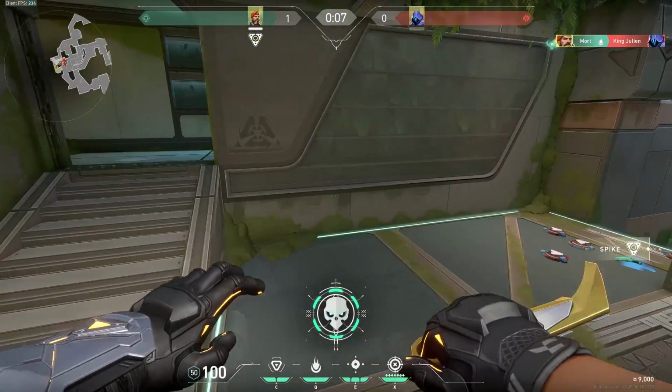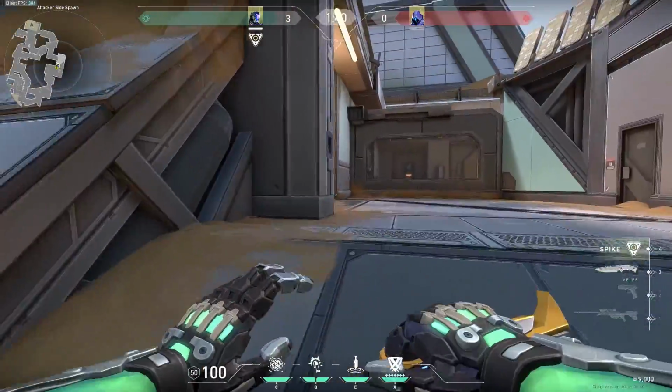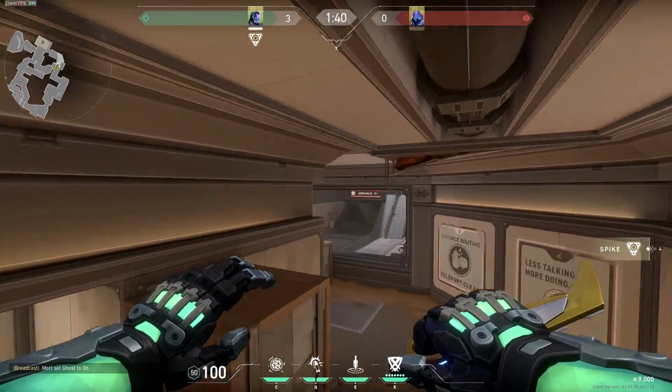That is it for Brimstone. Up next will be KO. Okay, so now we are on the KO lineups. We're going to start at A Site, and for KO, our lineups are going to land in the same spots as Brim